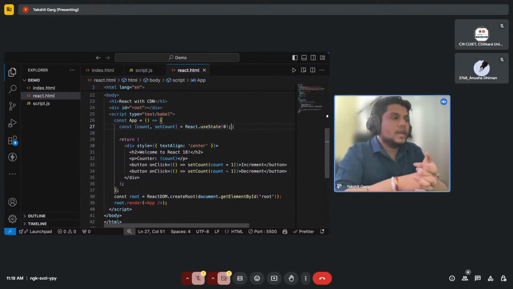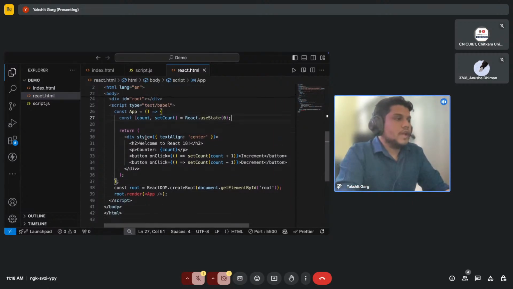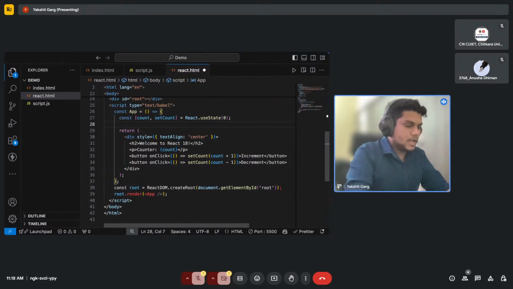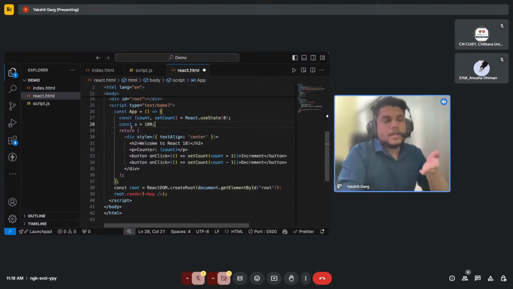It's like a local memory or local storage for React, so that these state values are persistent. Because if we write something like const a = 100, while re-rendering